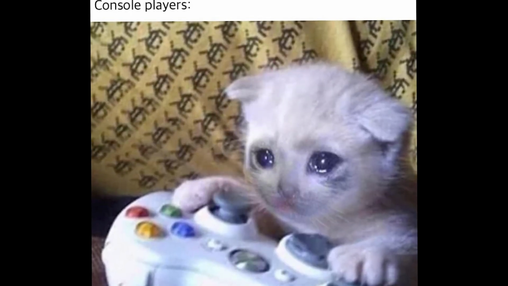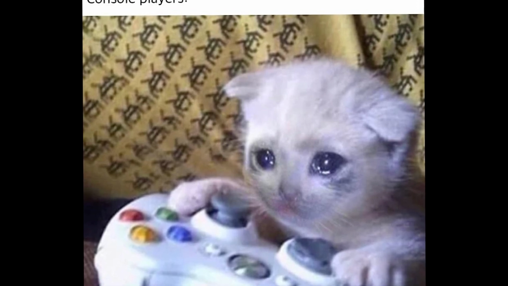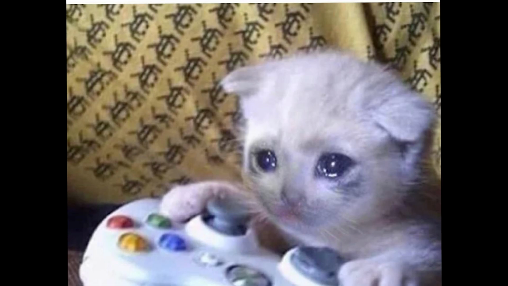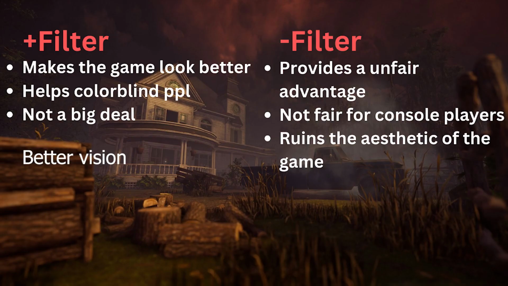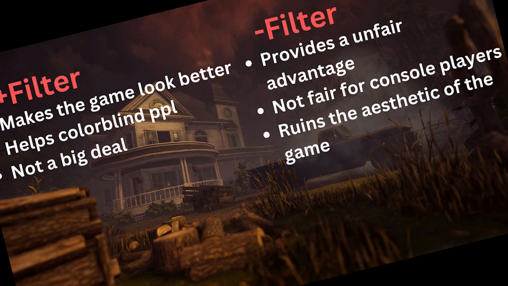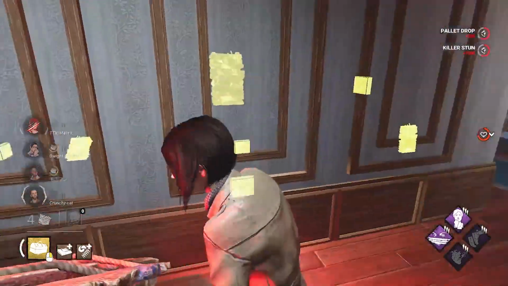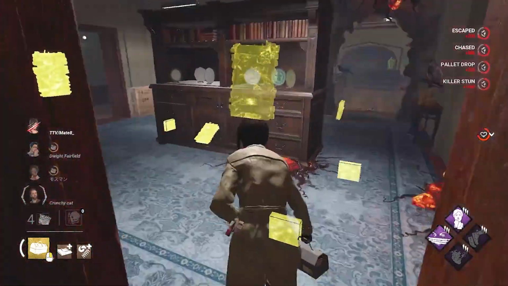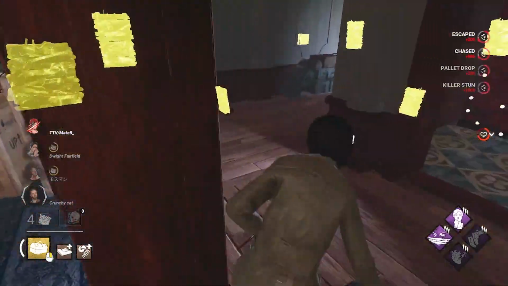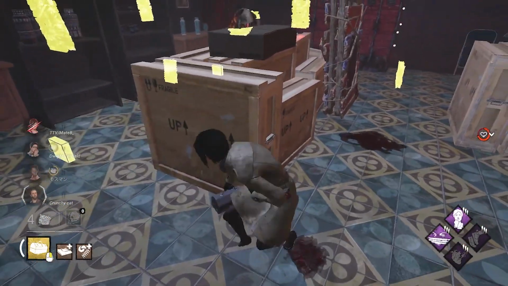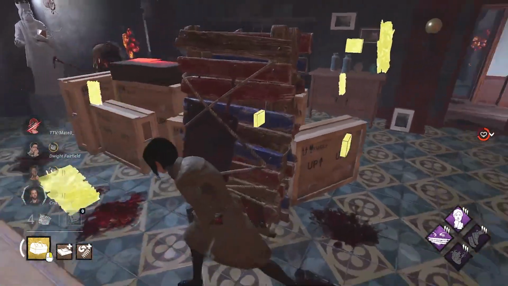Some people also claim that increasing the brightness on PC is unfair because console players can't do the same, giving them an unfair advantage. So we've got a little bit of perspective from both sides of this topic. And me, personally, this is my opinion, okay? So chill out. Yes, it might help during chase to get a little bit more visibility, but will it make you a god tier looper? No. I think there's so much other aspects of the game that is much more important to learn and to know about if you want to play well.